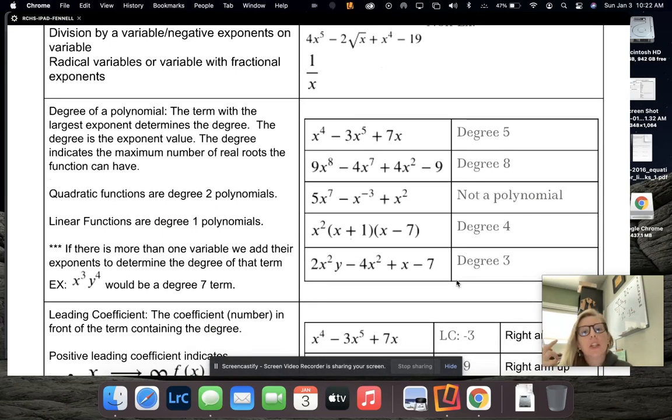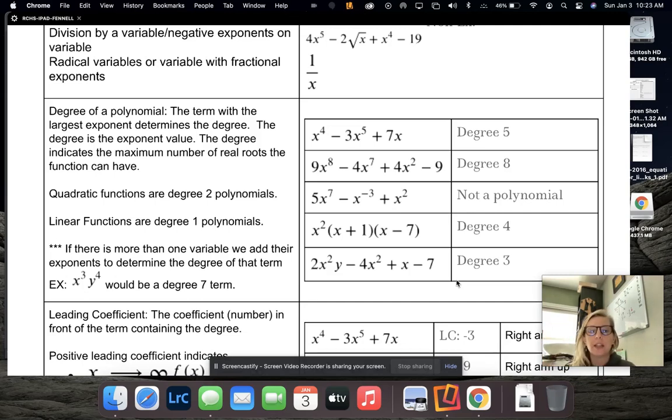All right, the degree of a polynomial is going to be the highest exponent value of the variable. If there are multiple terms together, like y cubed being multiplied by y, or x cubed being multiplied by y to the 4th, you're going to actually add those exponents together to determine the degree of that term. The degree of the entire polynomial will be the highest exponent value, the highest degree of each of the individual